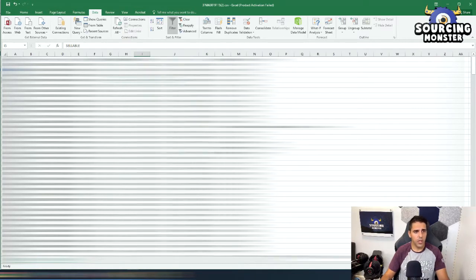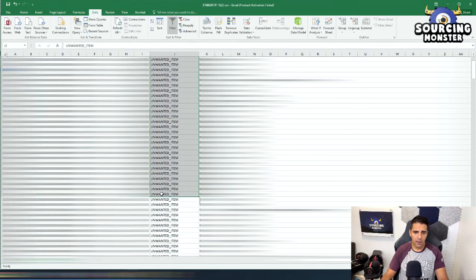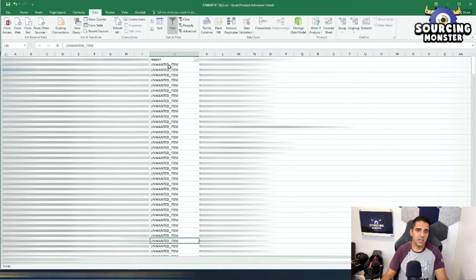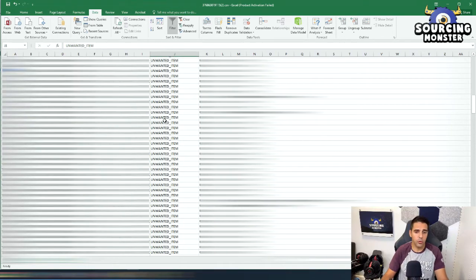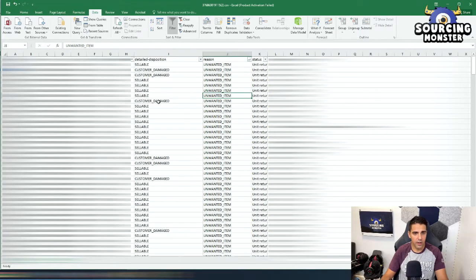And what we want to check here? So we want to check what's going on with the return. So this is for unwanted item. It's a legitimate reason. Just the customer doesn't want it, and you know what you can do with it is the following. So for customer damage, you should